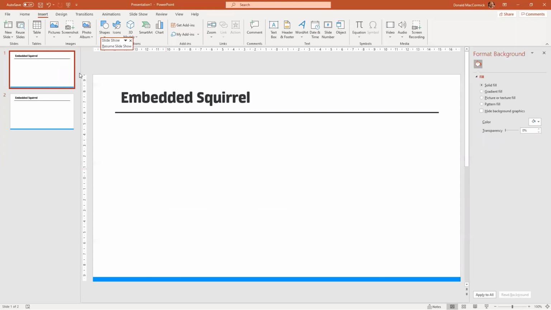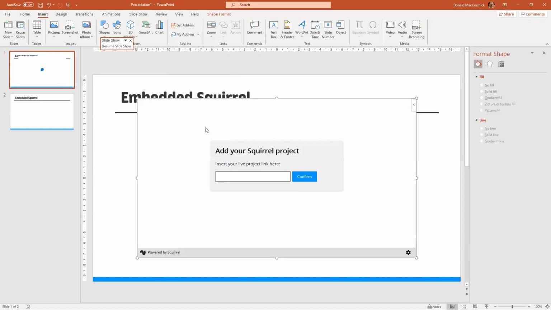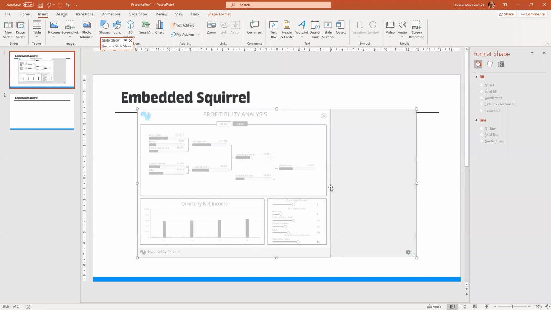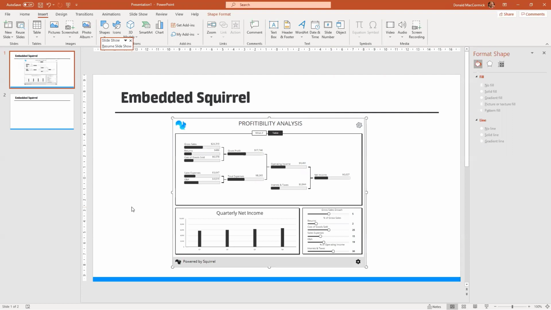So what I've got here is PowerPoint, and we've got an add-in which is the Squirrel Viewer. I've got a cloud-hosted Squirrel model here, and if I click on there, it's going to load it from the cloud and bring it into my PowerPoint environment. Those of you who've been around a while will recognize this dashboard. It's a clone of one that used to be used by the infomercial team to demonstrate Xcelsius. But this is not just an image. This is actually live, in design view, in PowerPoint.